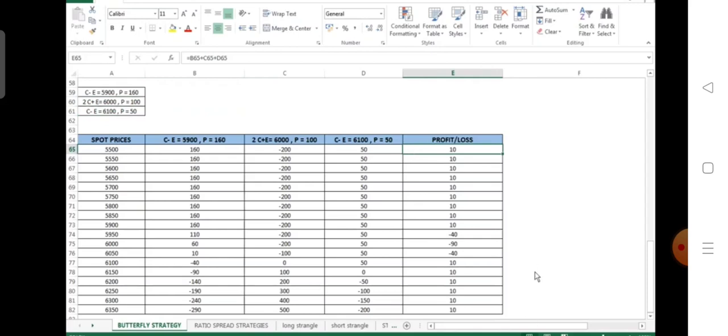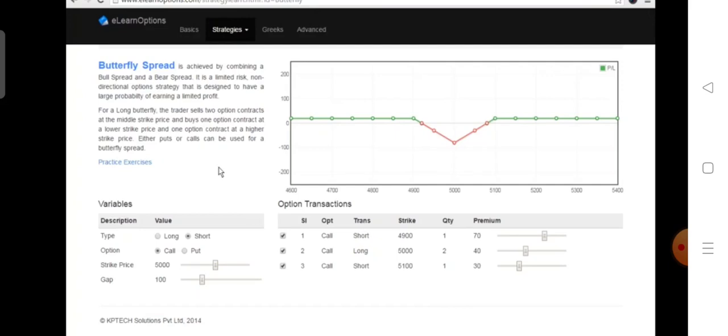Okay, let us look at the payoff diagram. So over here we are now doing a short call butterfly strategy where we sell the side strikes. So we are selling 4900 and 5100 call options and we purchase two call options at 5000. These are the different premiums. So we can see that we have a limited profit if the price is volatile and goes above the range of the strike prices. If the prices remain in the range, this strategy will give a loss.